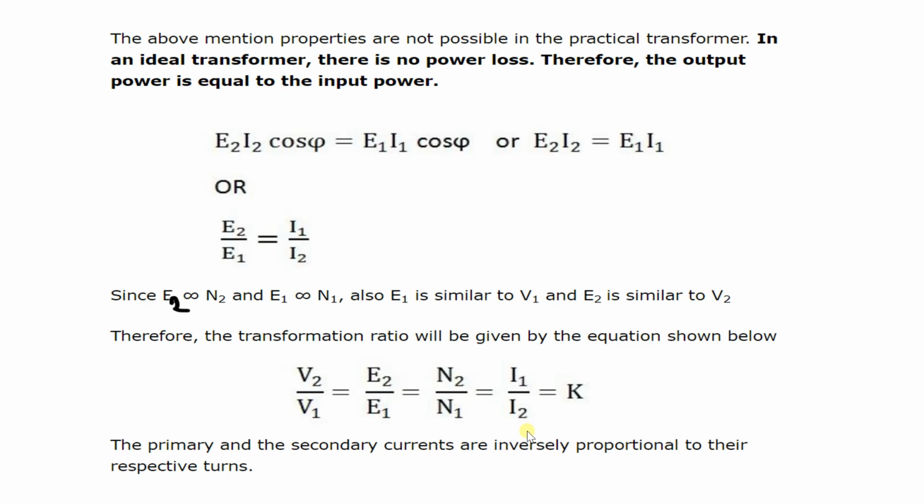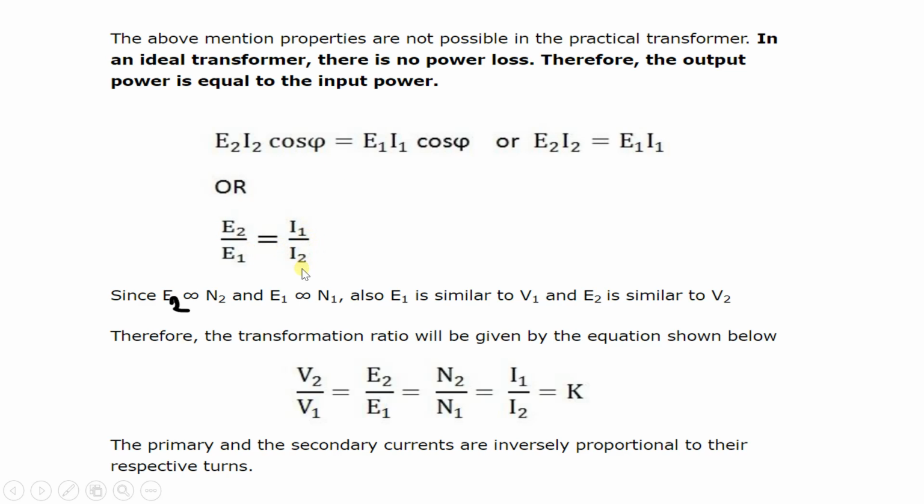So, the above mentioned properties are not possible in a practical transformer. In an ideal transformer, there is no power loss. Therefore, the output power is equal to the input power, because we are saying in the definition that there are no losses. So output power is equal to input power. So we can say that E2 I2 cos phi is equal to E1 I1 cos phi, or we can write it as E2 I2 is equal to E1 I1, or we can write it as E2 upon E1 is equal